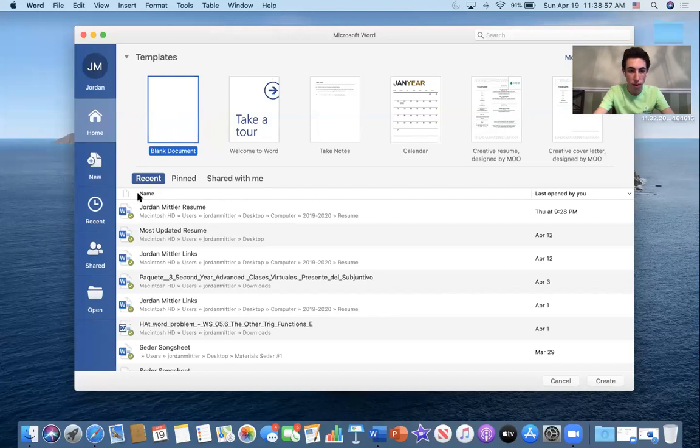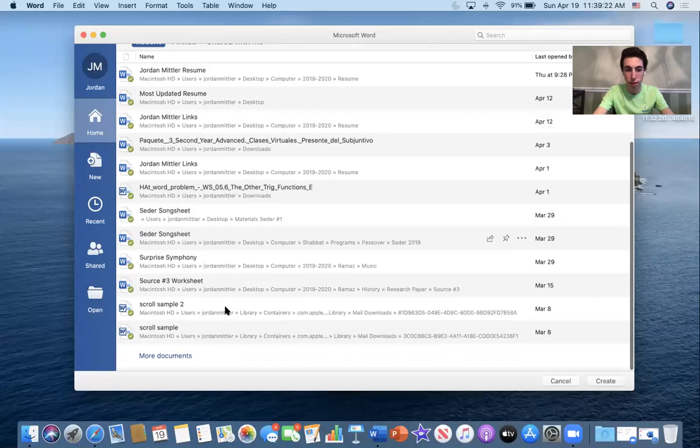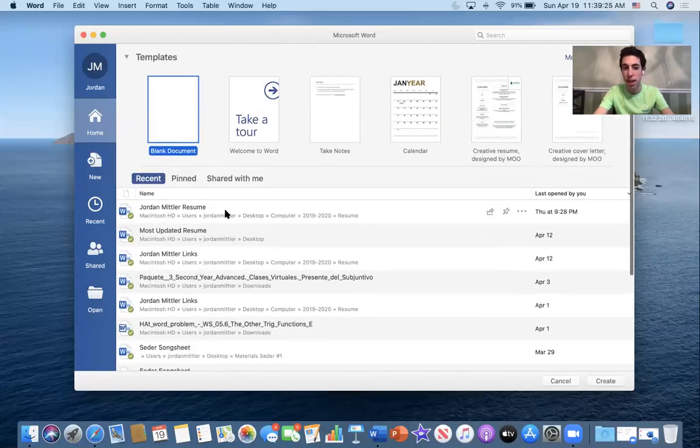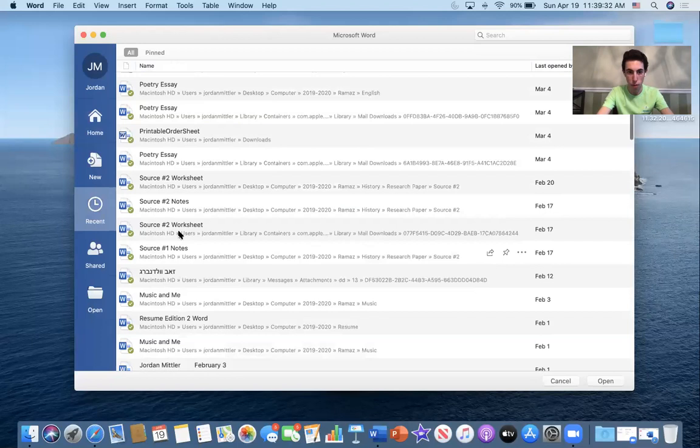All the way at the bottom of the screen, where Recent is highlighted, is going to be all your most recent documents that you've opened. This is an easy way to access documents that you continue to open more and more often. For example, let's say you have to add to a spreadsheet once a day. Then it will come up to the top of the sheet, and it will be easy to access. So all the way at the top, and you can scroll down for more, are the most recent documents you've opened. And you could also access the recent ones on the left side where the clock is, by clicking on that to see more and more recents.